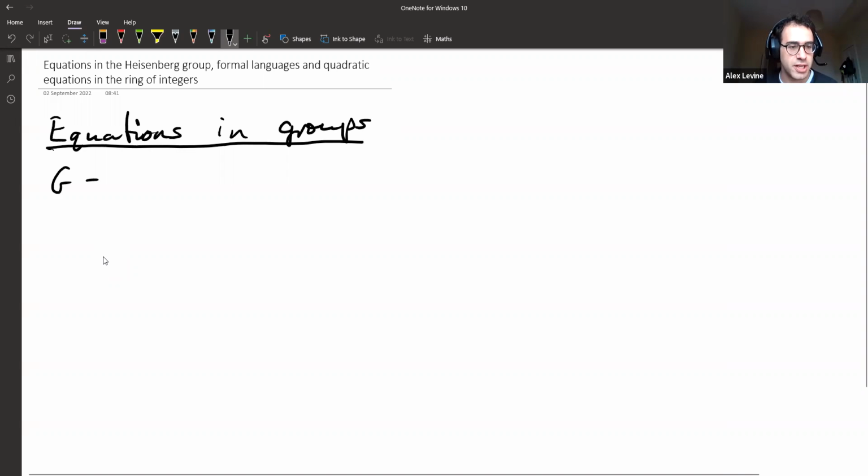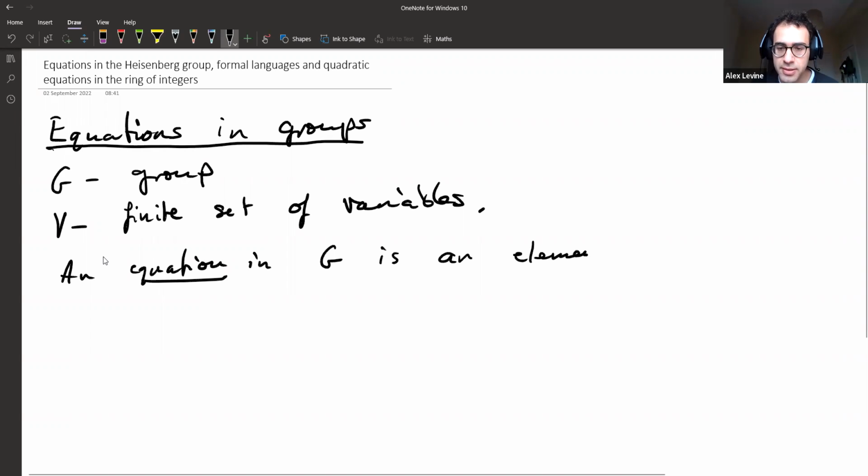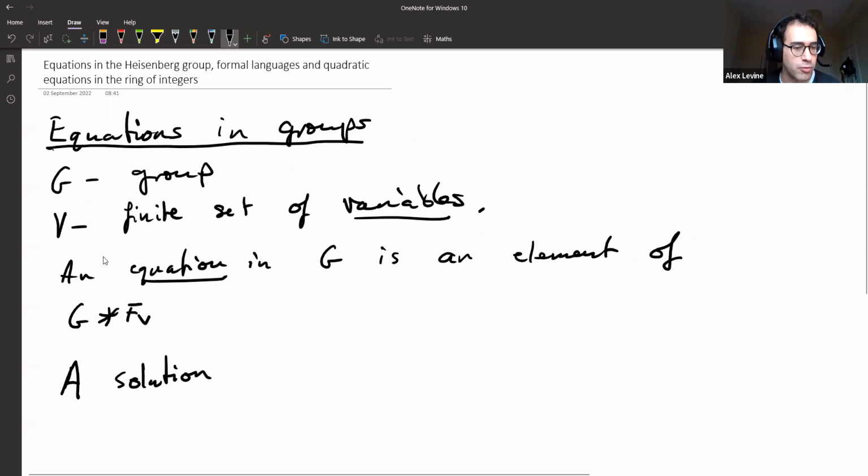So you take a group G, you take a set V, well, I'll say it's always finite, of variables. And then an equation is just an expression in G and elements of V and V inverse. So formally, I suppose, an equation in G is an element of the free product of G with F of V. So what that really means is just an expression in elements of G, i.e. constants, and these variables. And when I say a finite set of variables, formally I just mean a finite set that we haven't used. So a solution, I mean, formally that's a special type of homomorphism from G free product F of V back to G, but I'm just going to think of it as,